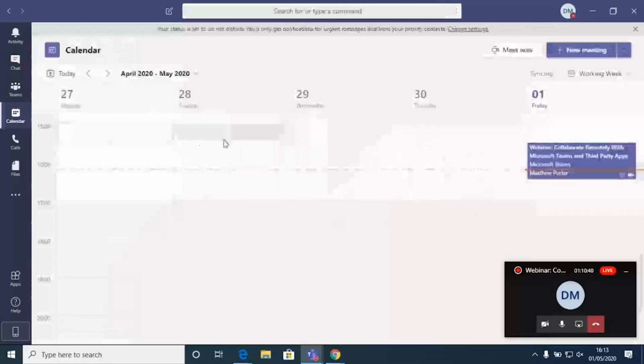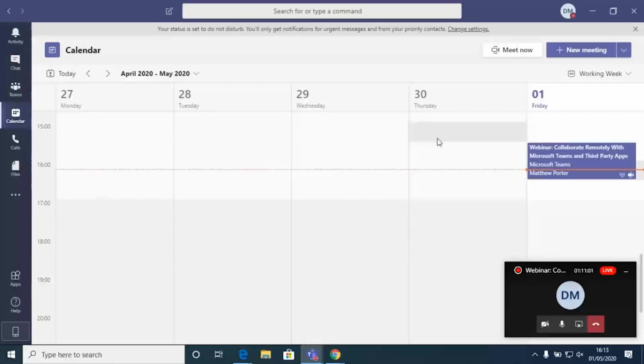Yeah, absolutely. So this calendar here, apologies, it was breaking up. This calendar here is actually not a synchronization of your Exchange and your Outlook calendar. It's actually a different view into the same data. All it does is log into your Outlook calendar and pull that information to you. It doesn't need to synchronize data between Teams and back again. So any updates, as soon as they happen in your calendar here, happen in your Outlook calendar and vice versa.